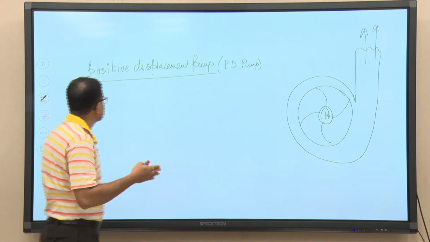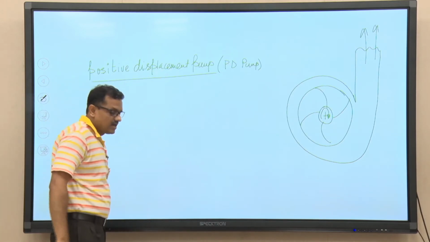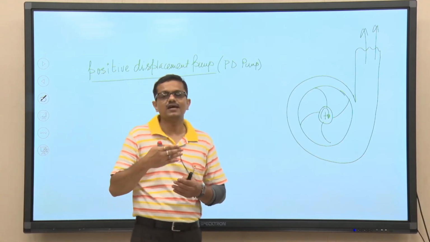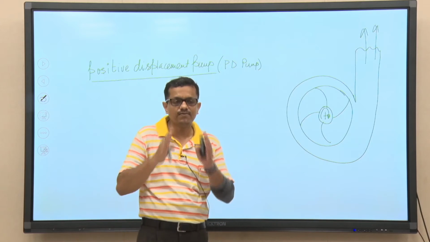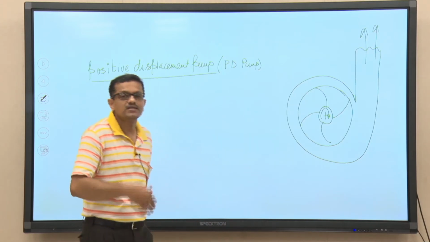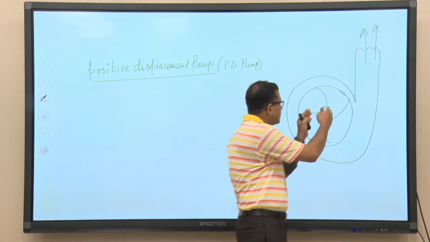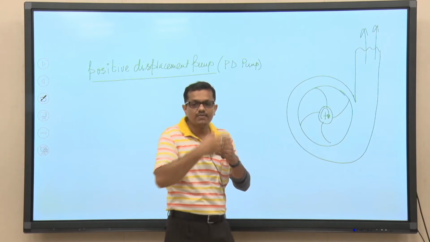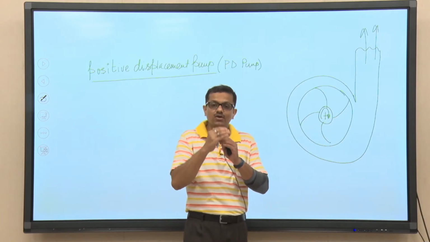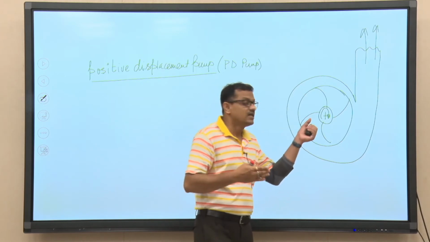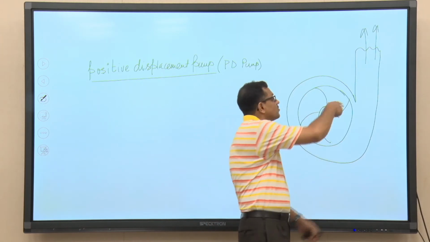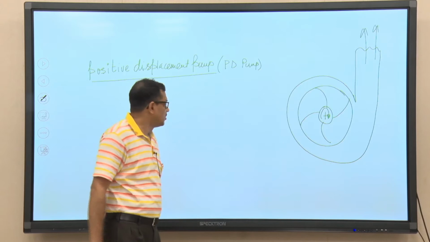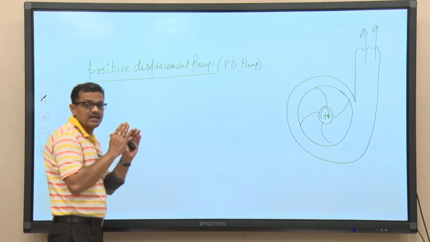And we have also discussed one important aspect: the words positive displacement come from the fact that there is a physical displacement of the boundary of a certain fluid mass as a control mass system. What is the meaning of this? As I said, in the rotodynamic pump, whether it is an axial flow pump or a radial flow pump, it is really difficult to demarcate a certain fluid mass as a control mass system, because here there is a continuous inflow and continuous outflow. So, this is more like a control volume.